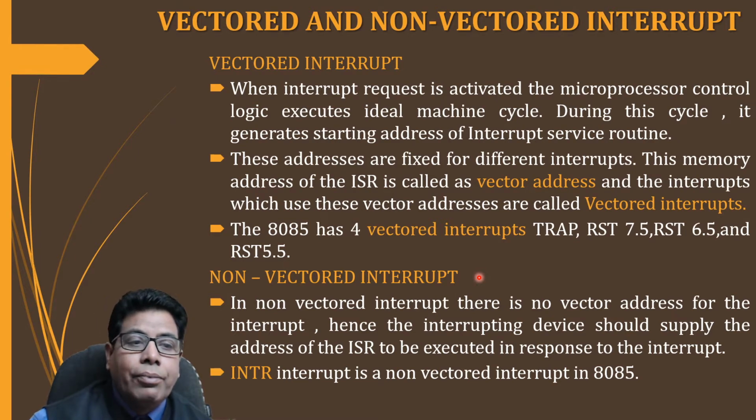Now in 8085, there are a total of 5 interrupts. Out of that, 4 are vectored interrupts. That is TRAP, RST 7.5, RST 6.5 and RST 5.5. These are the 4 vectored interrupts because they have a fixed address of the ISR in the